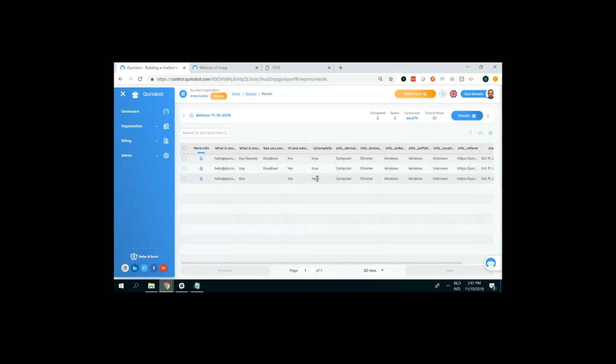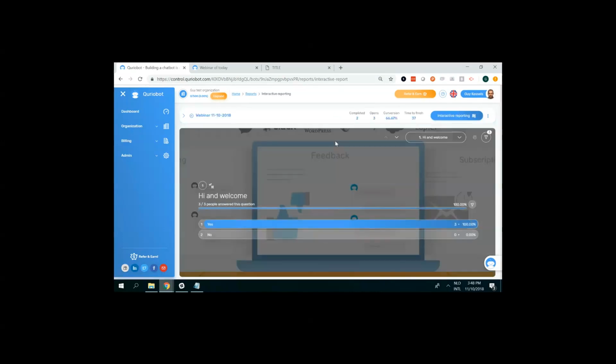You know, I didn't complete the chatbot fully. This information or this data you can download. And you can, of course, also delete specific results. For example, if you're using it for, let's say, feedback data. Especially on that latter, the interactive reporting might be interesting, because what this does is this